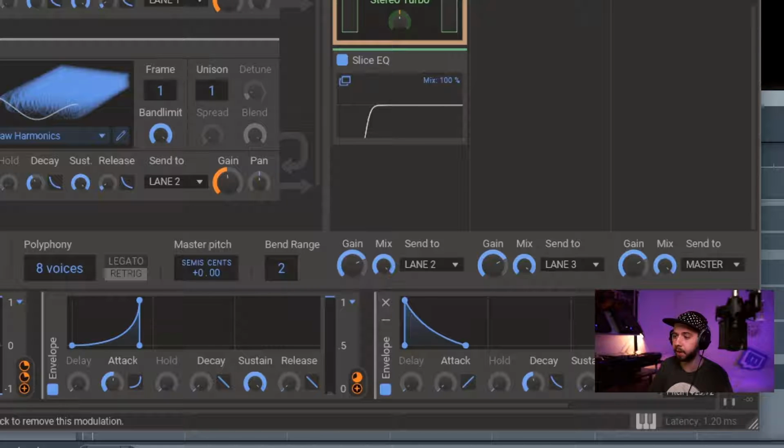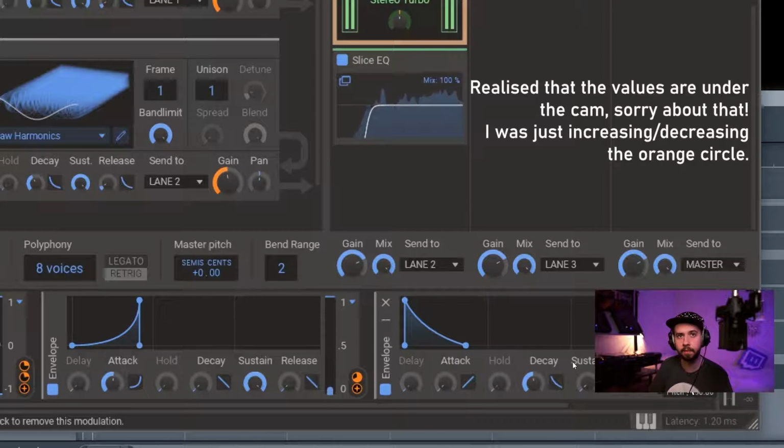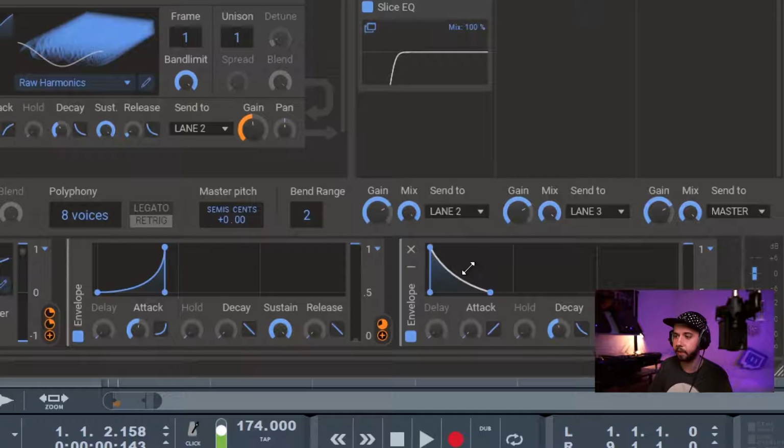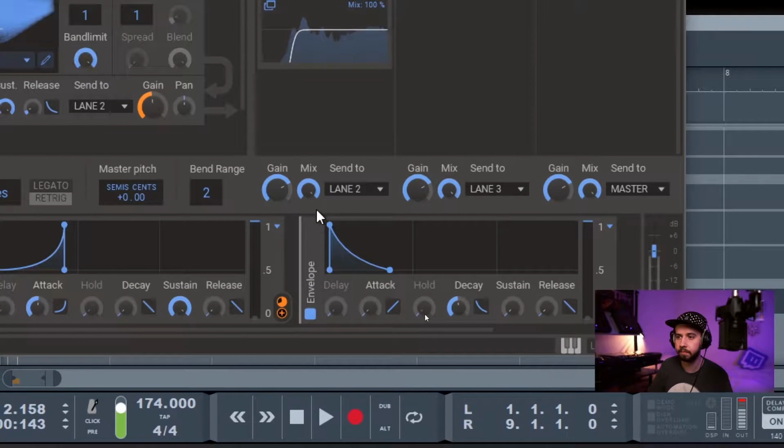Now we don't want it to be too punchy, so if we bring the amount up, you can kind of hear that lasery tone that we don't really want. So I'm going to bring it back down. I'm just going to play with this curve as well, just to make it a bit quicker. And that's just adding enough punch at the start of the sub so I can feel it in the sub pack,